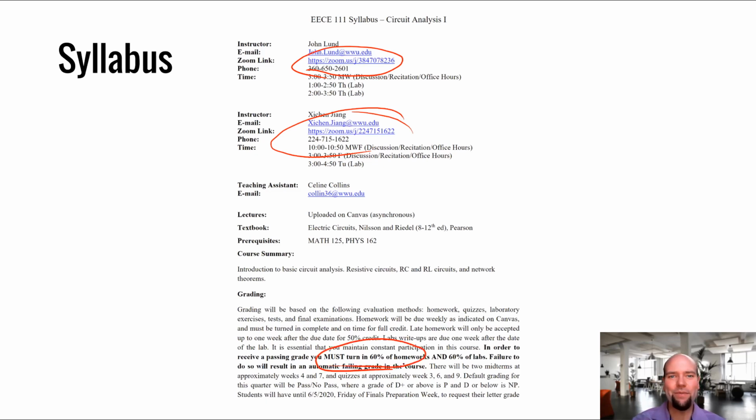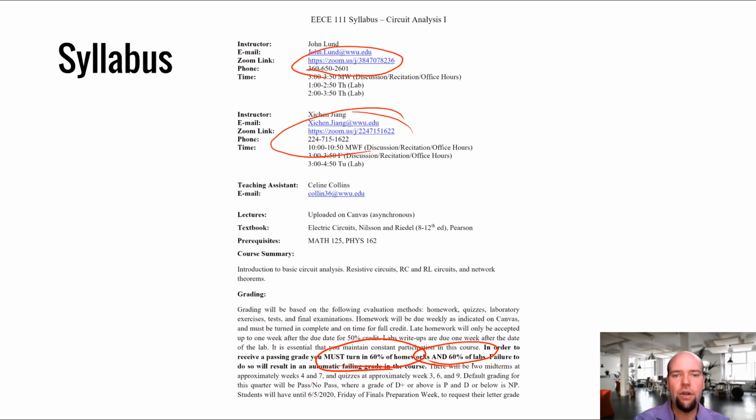I said 70% in the previous slide. It's 60%. So I think what it means is 60% of homeworks. Typically, we have at least 8 or 9 homeworks, so typically it's seven of those 9, I should say. But I guess we say 60%. If it's in the syllabus, that's the rule. So turn in 60% of homeworks and 60% of labs. I'm not going to go back and re-record this video because, yeah, twice is enough.